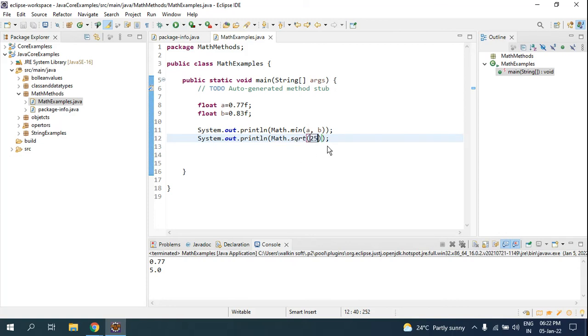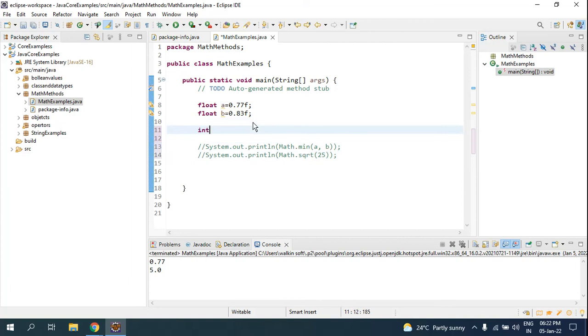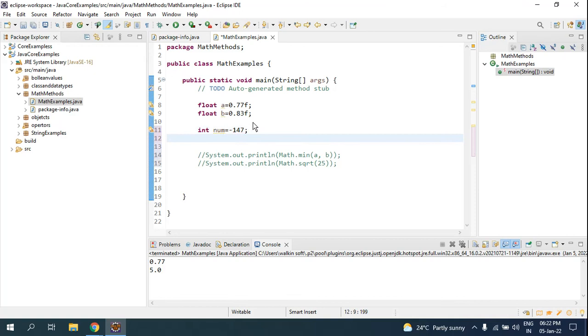Another one is absolute, math.abs, which stands for absolute. It's a case where you convert a negative number into positive. I'll show you here. For now I'll comment it out so that in the console you can differentiate the output. Look here, I'll give an int data type. I'll assign a variable as num, and I'll give the value as minus 143, like 147, and I will print it out. I'll print out the variable which has the value assigned.